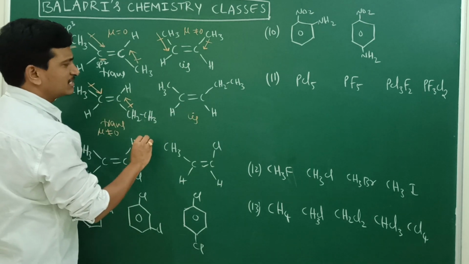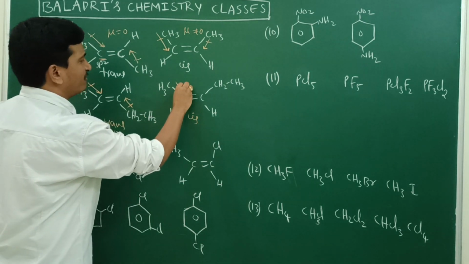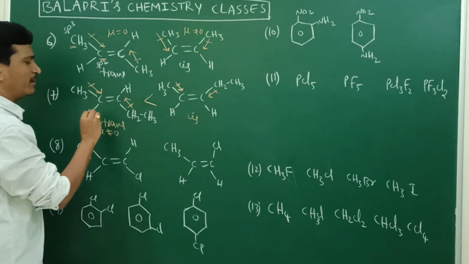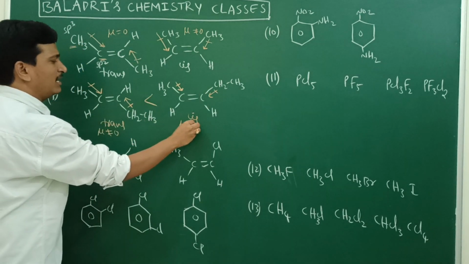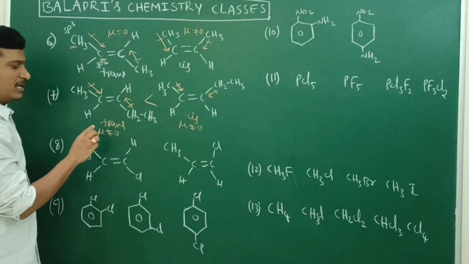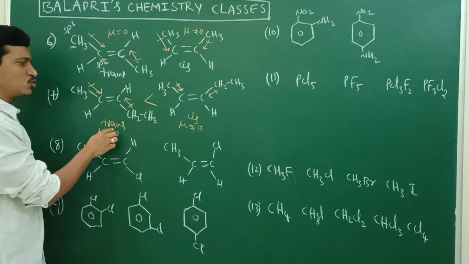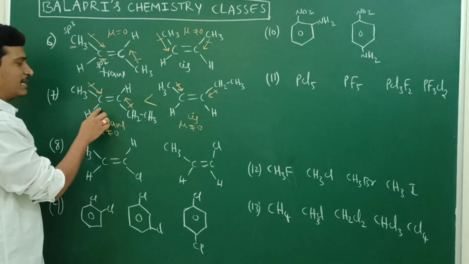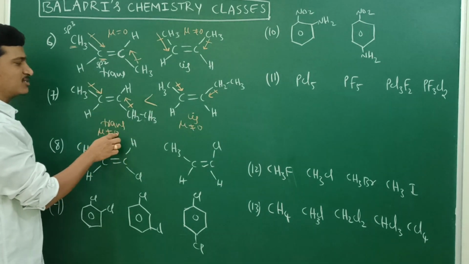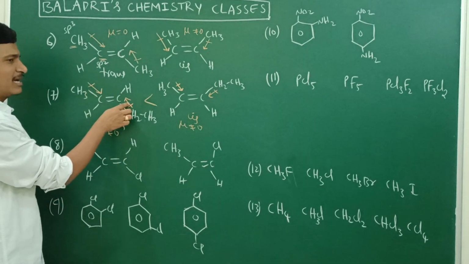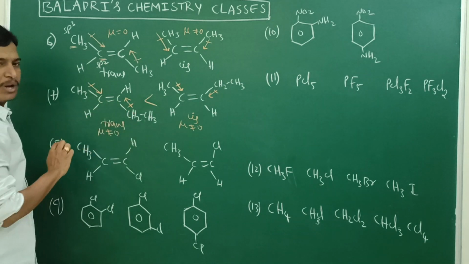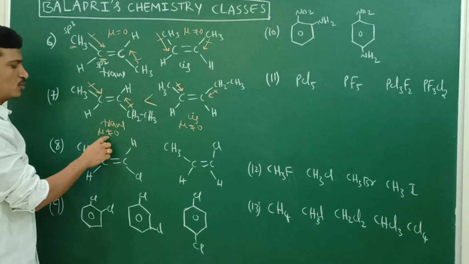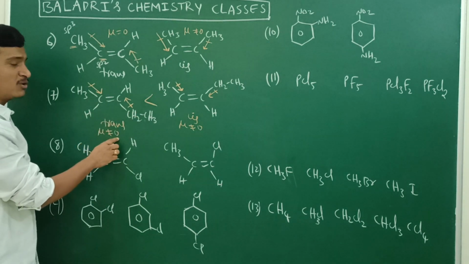Now come to the cis molecule. So both the dipole moment vectors will be in the same direction. That's why cis will have more dipole moment than trans, but cis is polar only. Trans is also polar only. Here the dipole moment of trans 2-pentene will be less than the dipole moment of cis 2-pentene, but the dipole moment of trans 2-pentene is not equal to 0 because both the vectors are opposite but not equal. Is it clear to you? So don't consider that the trans 2-pentene molecule's dipole moment is 0. It is not equal to 0.